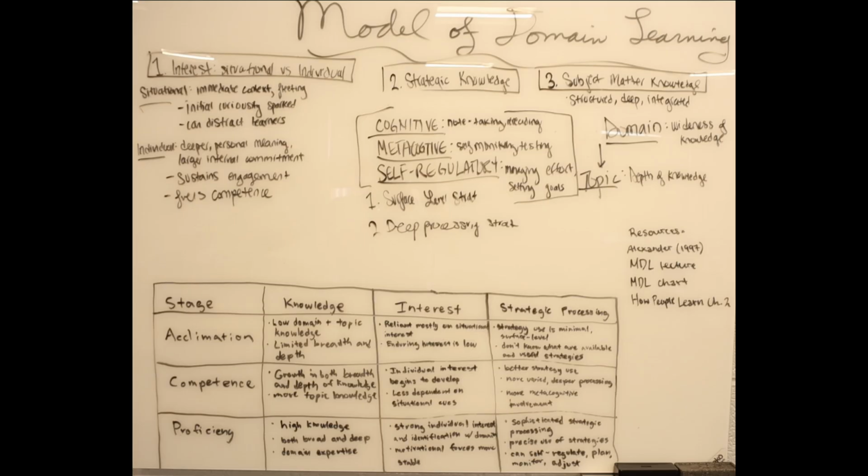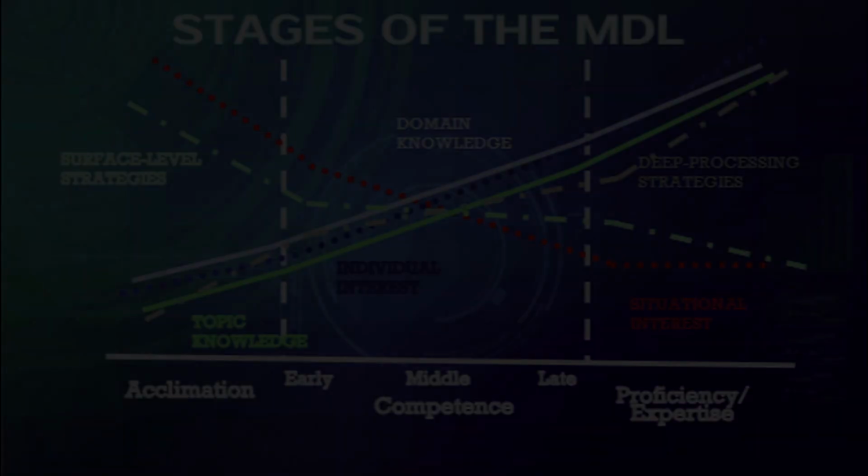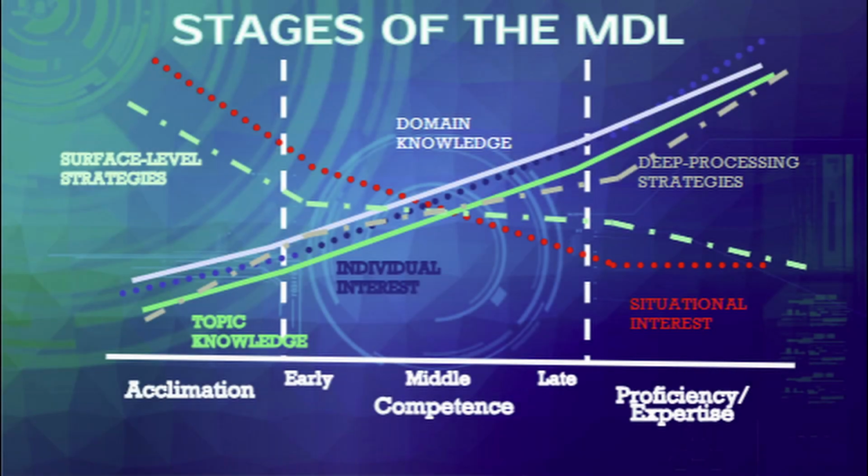And an important question to be able to answer, and justify, is your own placement on your chart. If I gave you a chart and I said, place yourself, could you sufficiently justify why you are doing that in relation to those three factors? Well, there's 6, but there's 2 for knowledge, 2 for interest, 2 for strategic processing.